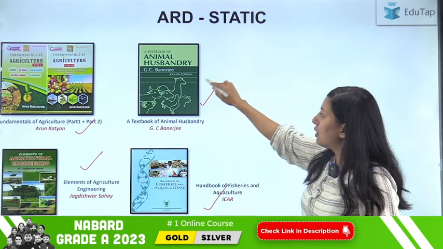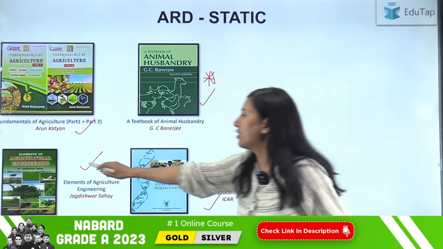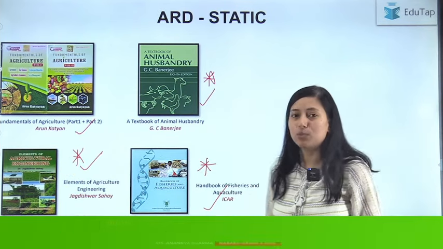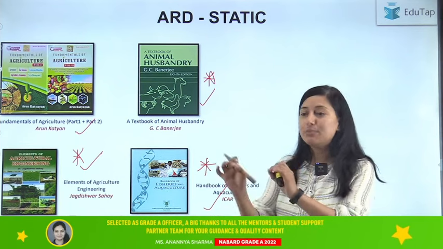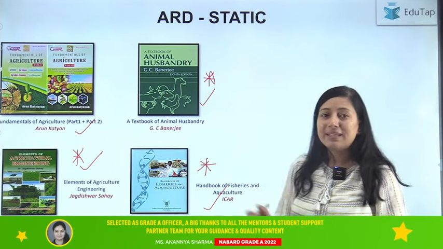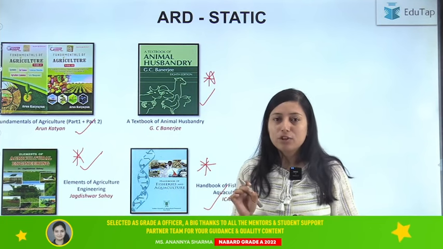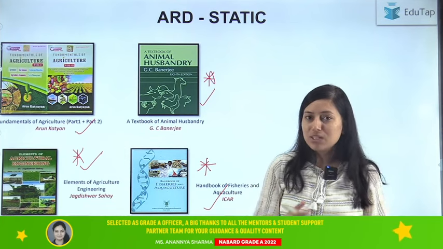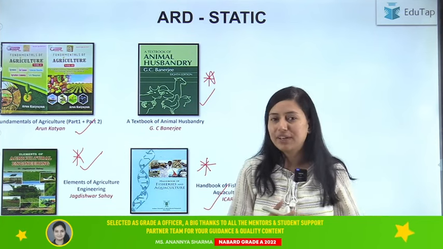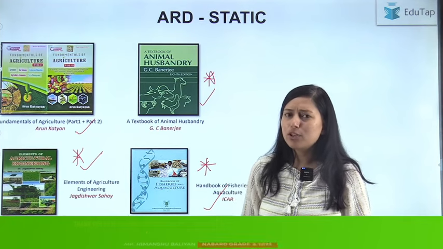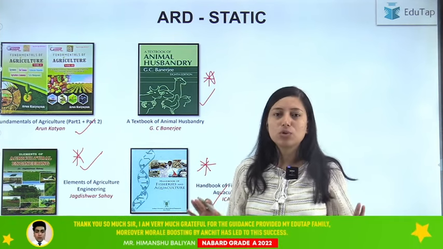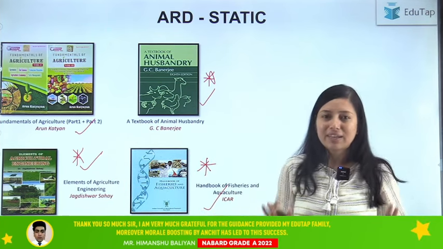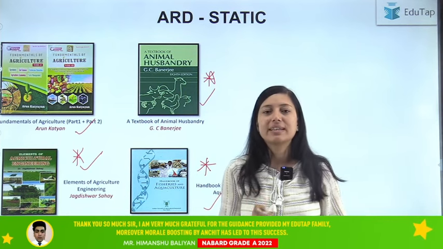Now see, if you are covering animal husbandry from this book, agriculture engineering from this, and fisheries from this book, in books में आपको page by page नहीं पढ़ना है. What you can do, you can pick this book, you can mark the important topics. Here you have to select the important topics by yourself. You can take the help of PYQs and see, okay, from this topic a number of questions are asked in PYQs. So you can just mark those important topics and read those topics and you will be good to go. That is enough preparation for your animal husbandry, agriculture engineering and fisheries. ठीक है, यहाँ पे कोई डरने वाली बात नहीं है, पूरी बुक नहीं पढ़नी है. You have to just read the important topics.